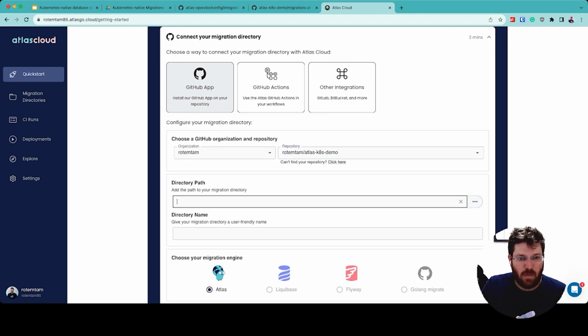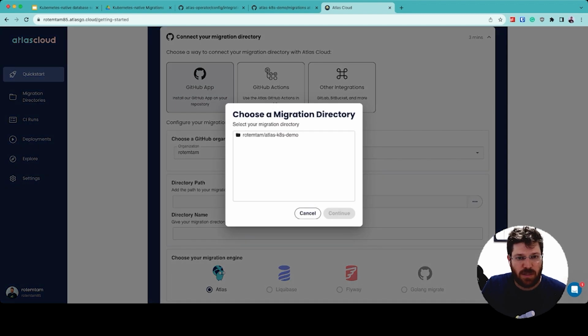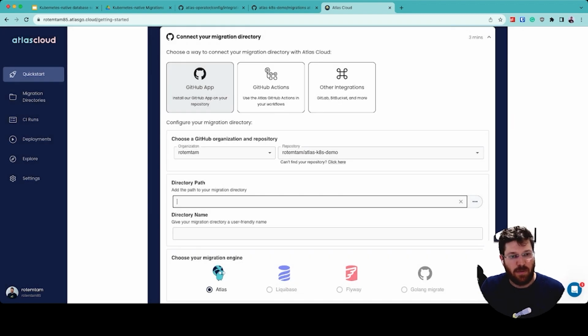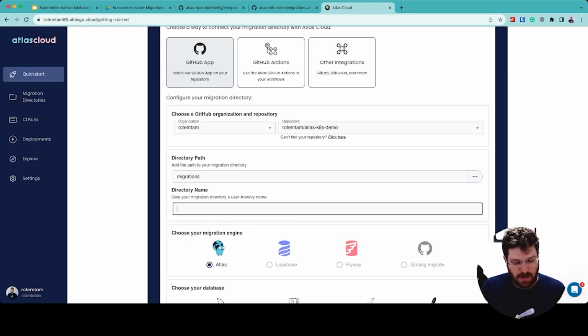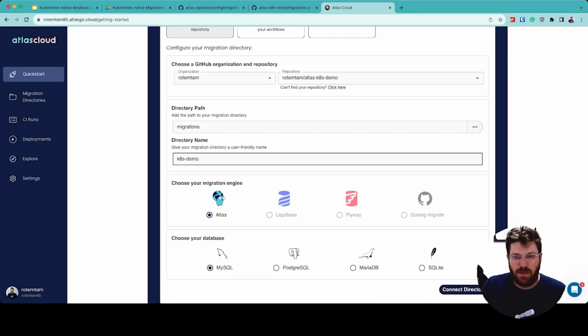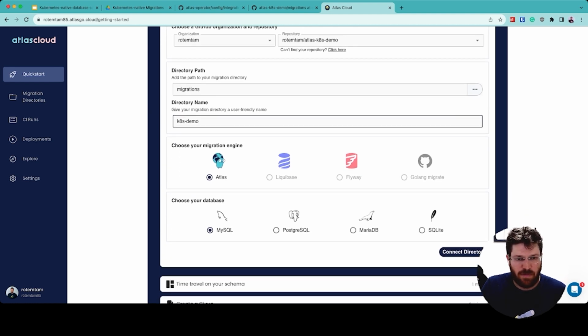Here it is. Now we need to select which migration directory we want to use. So we are going to use the migrations directory, which contains our migration files. And we're going to give this name Kate's demo. Okay, we are using Atlas as the format of the migration directory, and as you've seen before, we're going to deploy to a MySQL database. So now let's click connect, and